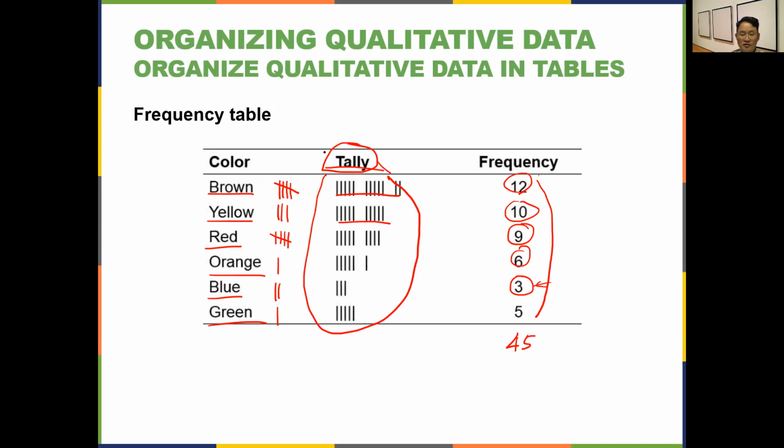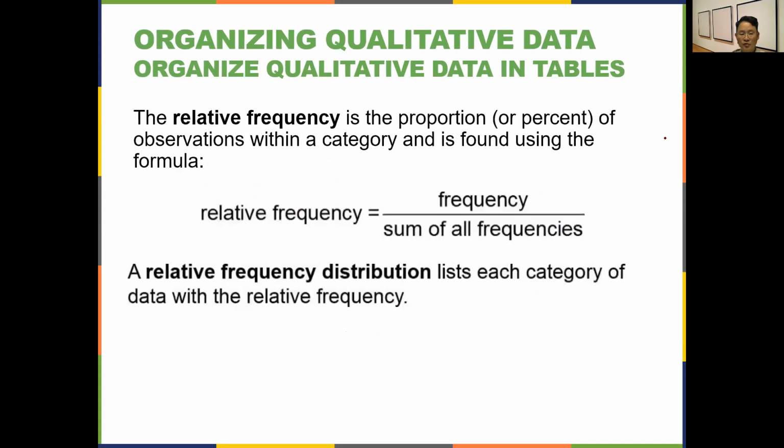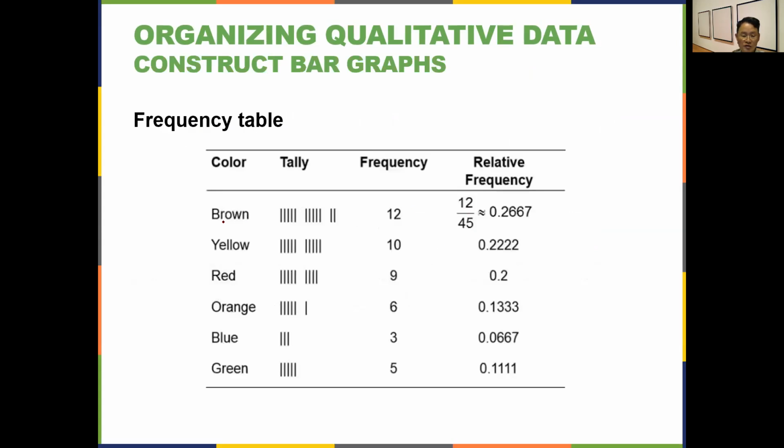once you figure out the colors, the tallies and the frequency, you're going to build one more column for relative frequency. So how do you find the relative frequency? Well, frequency divided by the sum of all frequencies. This is the same table, and we added one more column. We have the color, the tally, the frequency. Then remember the total